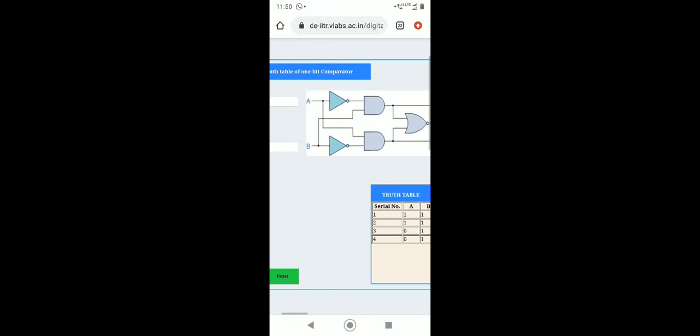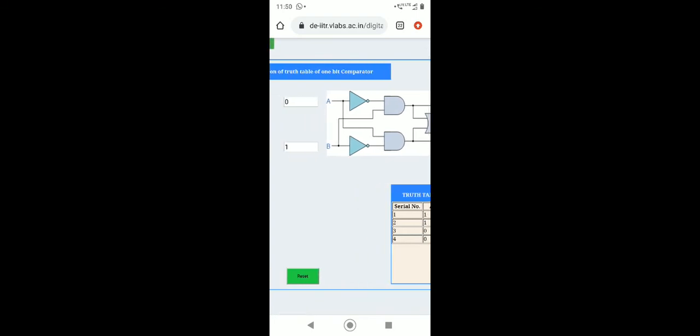First of all, when we give 0 here, through the NOT gate it becomes 1 going to the AND gate, and in B, the 1 becomes 0 going to the AND gate. If we notice the first AND gate, the first input will be 1 and the second input will come from B, so it will be 1.